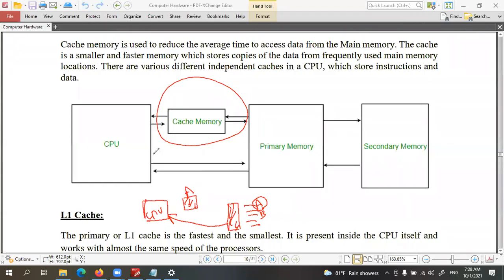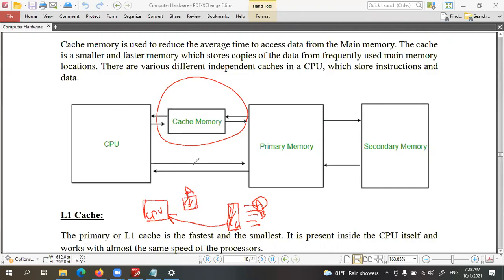So that is why the cache is a high speed memory, but the capacity is very low, to control the cost of the computer. However, the cache will keep instruction A because that is a frequently used instruction.